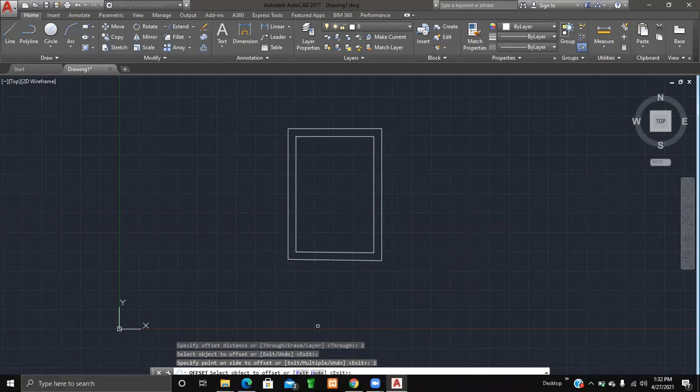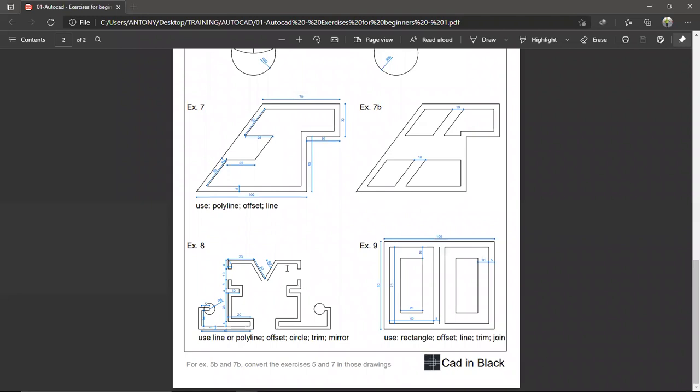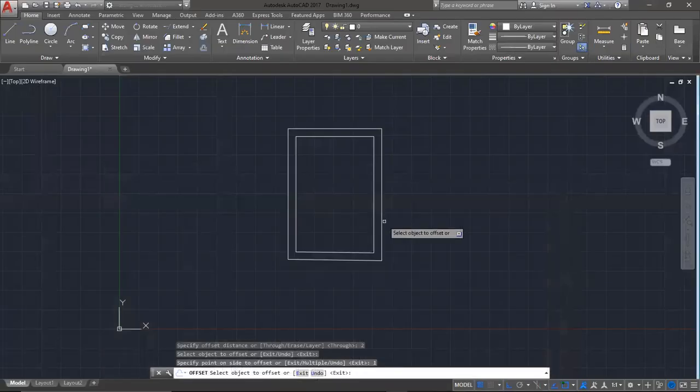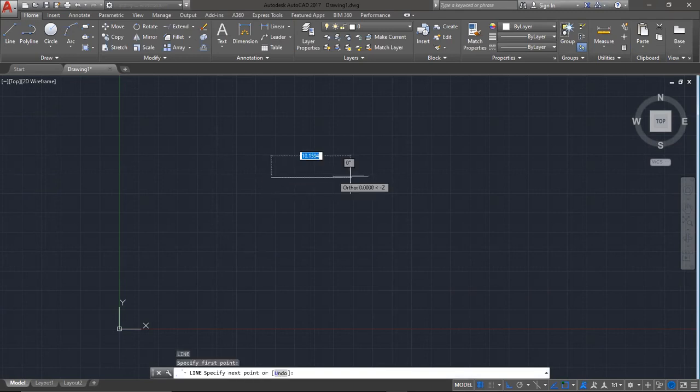You may want to draw a shape like the one I have in exercise 8. You can see you may want to draw something like this, and this is where you need to use offset. Okay, I can also modify an object by doing something here. So if I have a line, let's assume I have a command line. So L, we'll draw a line. So if I have a line, for example,